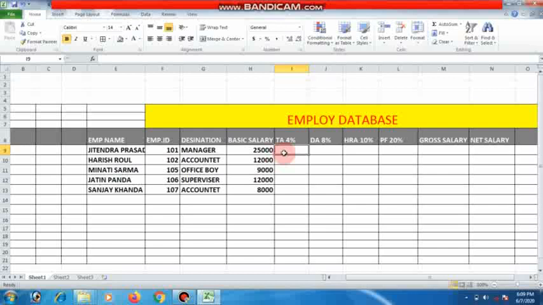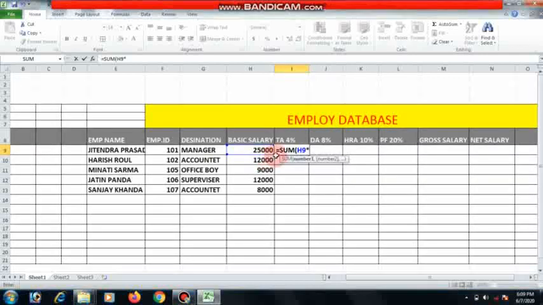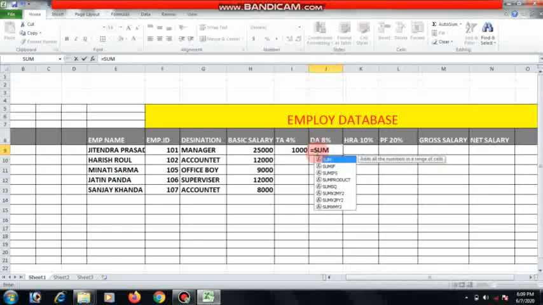Jitendra Prasad, the first employee, his basic salary is 25,000 and TA is equal to, we calculate equal SUM basic salary into 4 by 100. Okay, and press the enter key, means 1000. And DA means equal SUM, same process, bracket start basic salary into 8 by 100.